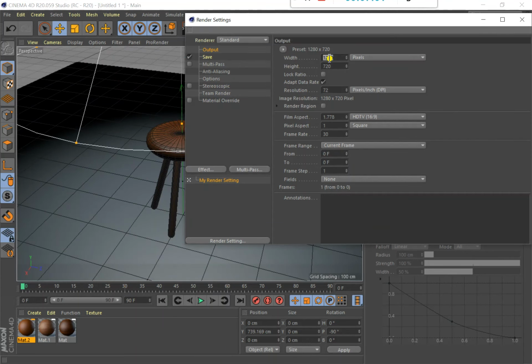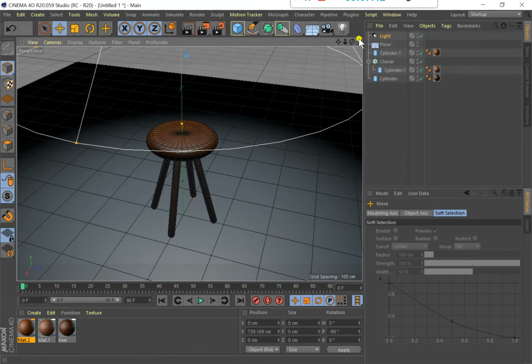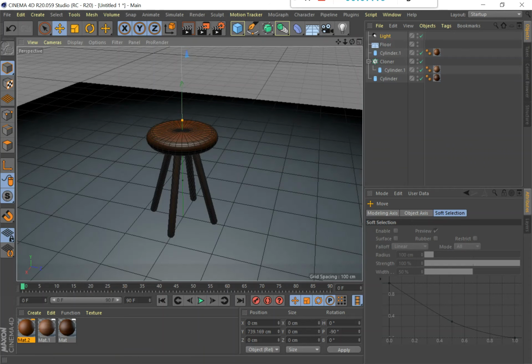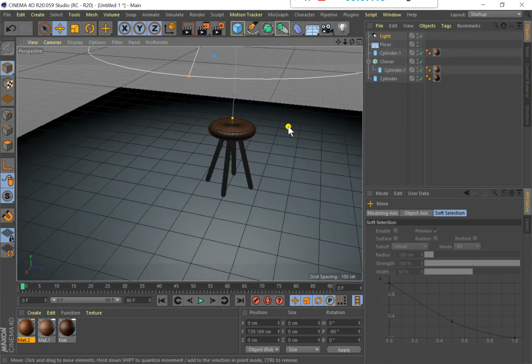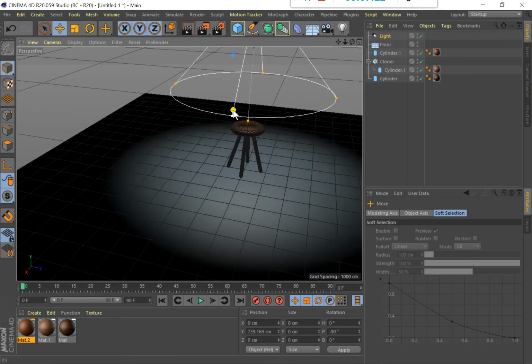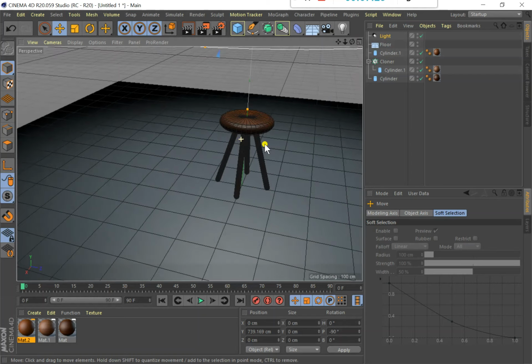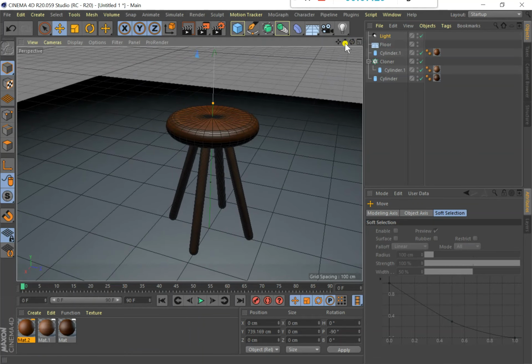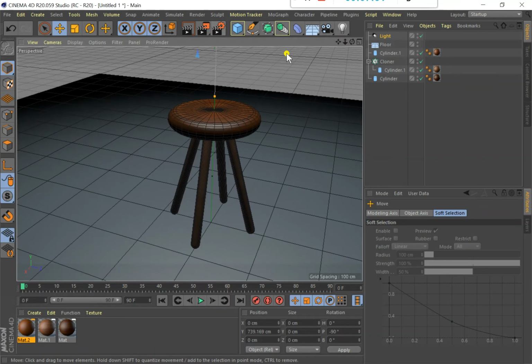Now we'll just change the render settings. I'll choose 2560 by 1440. This is the resolution. You can choose any resolution that you like. I usually render on 2560 by 1440. Now I'll increase the radius a bit. To increase the radius of the light, you just pick any one of these points and drag to increase the radius. Now I'll zoom into the stool, just pick a good spot